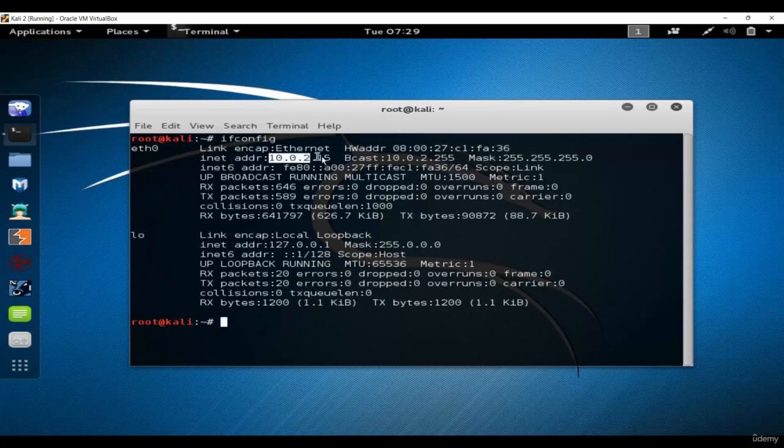So this one is our private IP assigned to this particular system by our gateway. So this is the IP address for this particular system. We can also change these settings or network configurations using the ifconfig command, but we will do that in the coming lectures. For now, let's just focus on the IP address and net mask. Okay, so